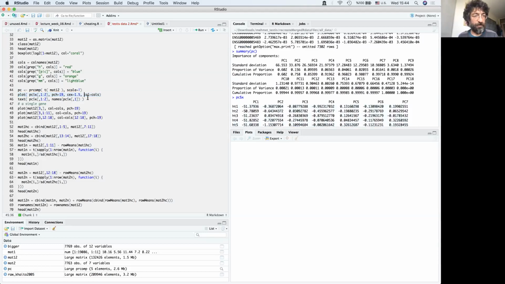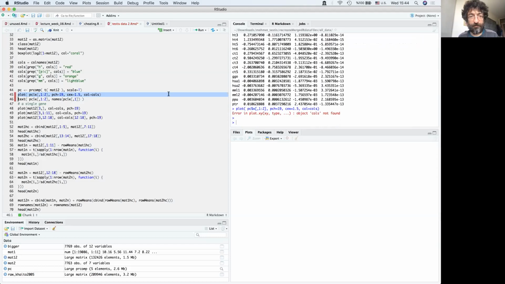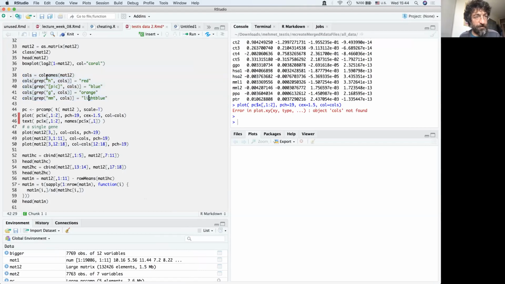And then if you plot them, oops, yeah, I had also described a columns vector. Here I was using grep, as you see. So for instance, I got the column names of my matrix.